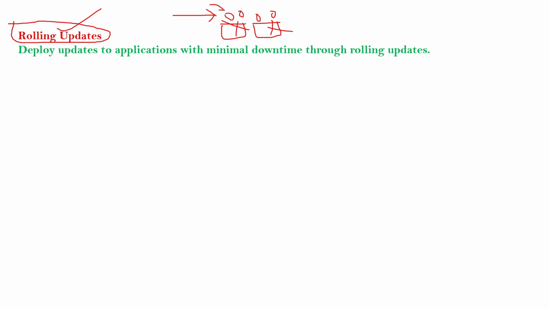So that means it will update container 1 first, then it will go to container 2, then container 3, and then container 4. So this is called the rolling update. That is, it is updating each and every container one by one, okay, to avoid any kind of downtime